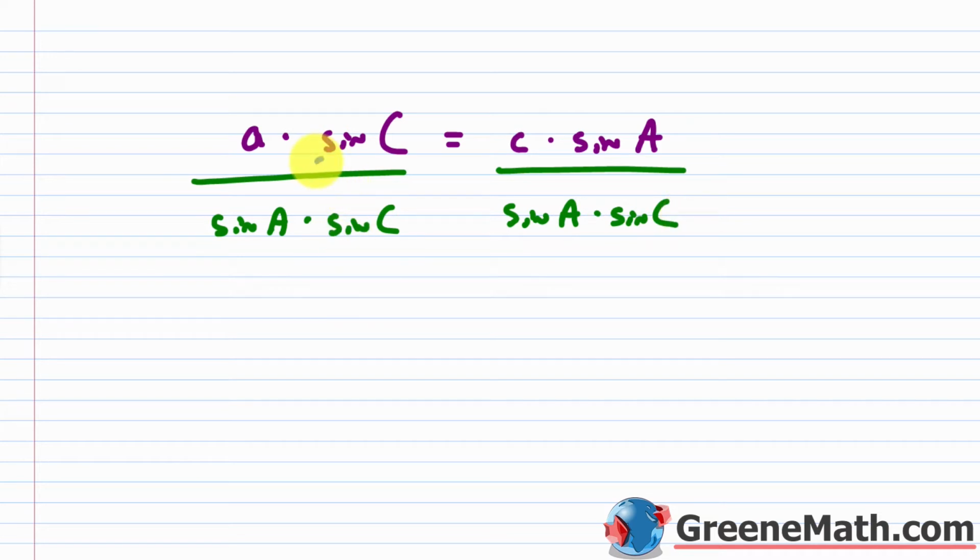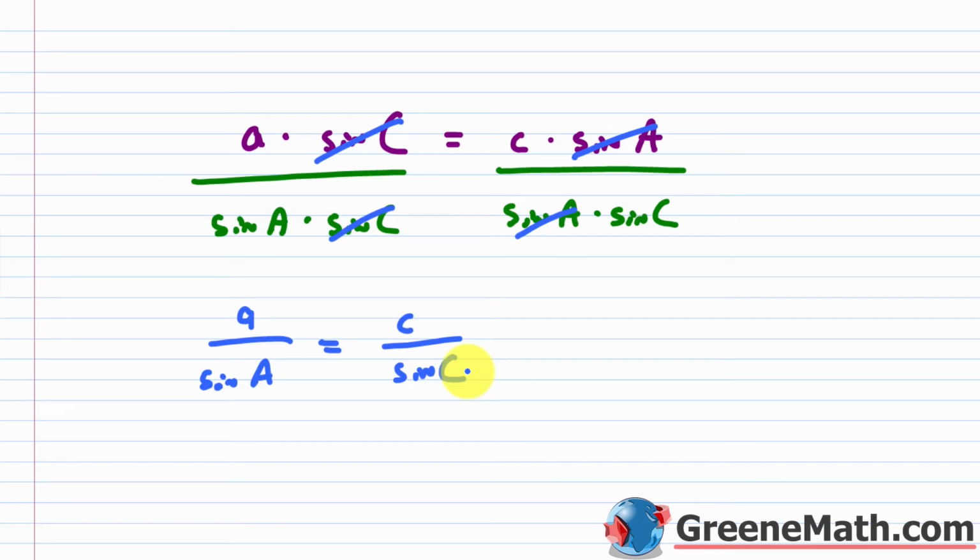From here, I'm going to cancel this with this, and I'm also going to cancel this with this. And what I get is A over the sine of A is equal to the lowercase c over the sine of C, like this. What this is telling you is that basically the lengths of the sides in a triangle are proportional to the sines of the measures of the angles